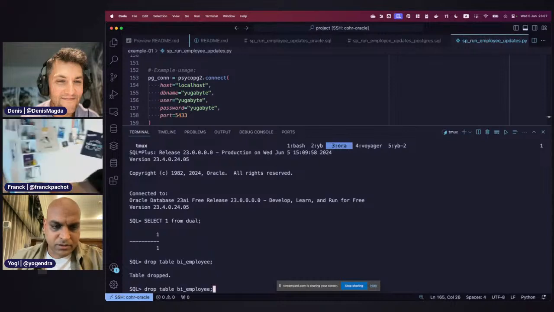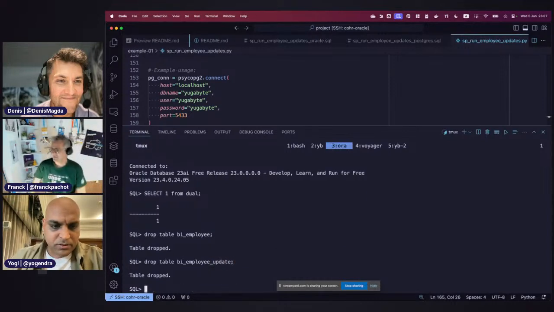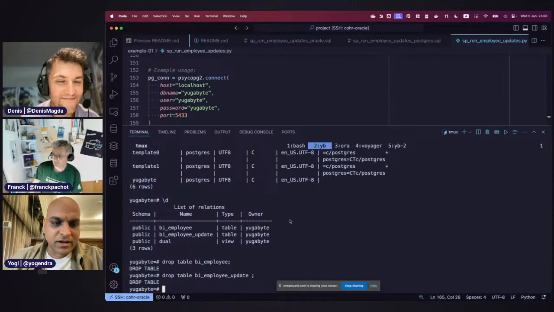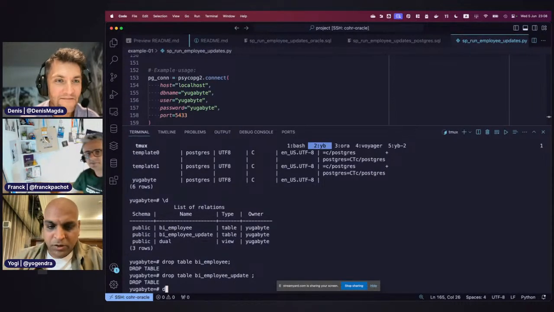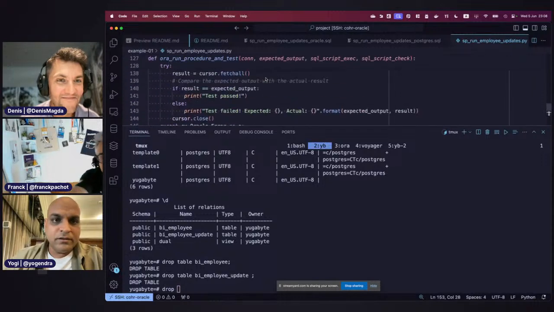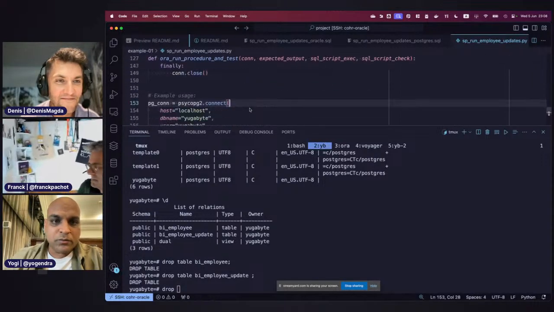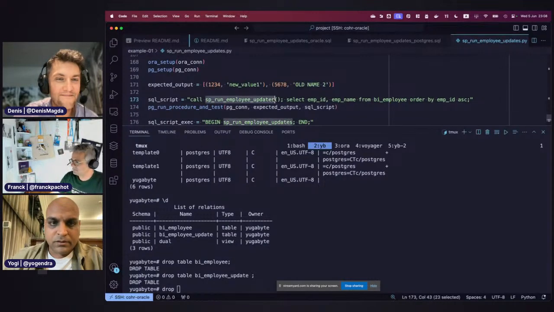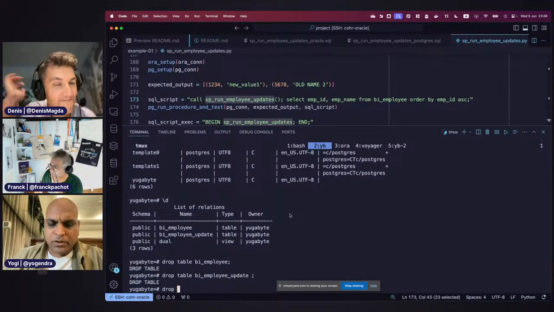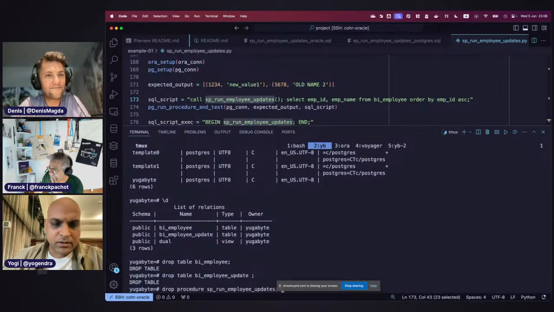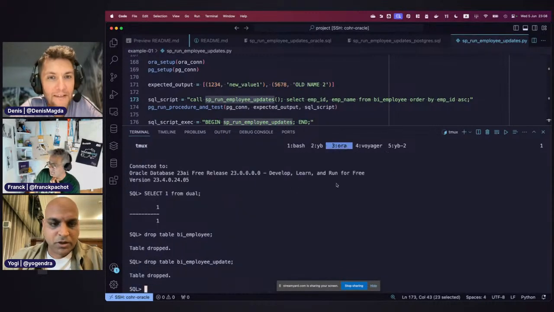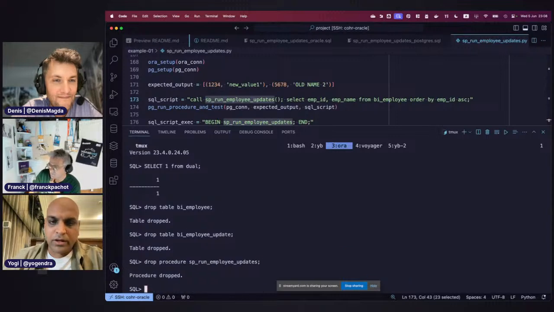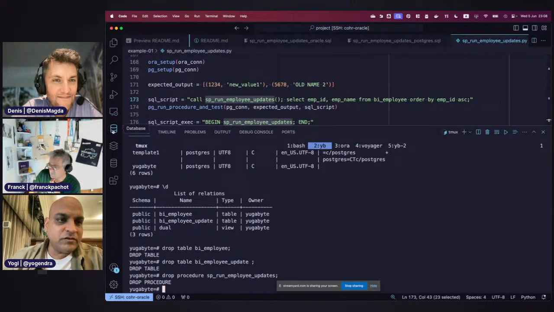Okay, update. So now I don't have those tables or the test data or anything. Let me drop the stored proc as well, just to be sure. What is the stored proc name? Yeah, this one. Drop procedure da. Okay, and same thing, drop procedure da. So now we have two clean databases.